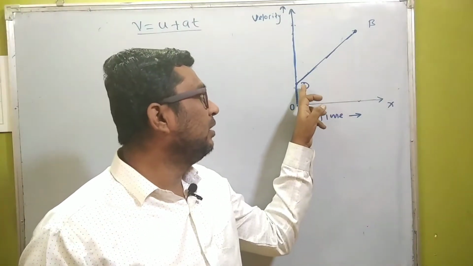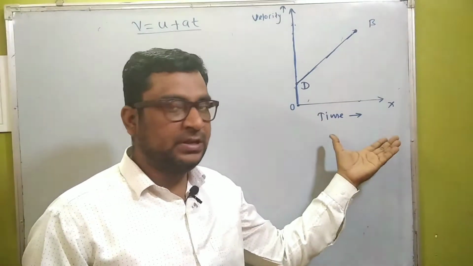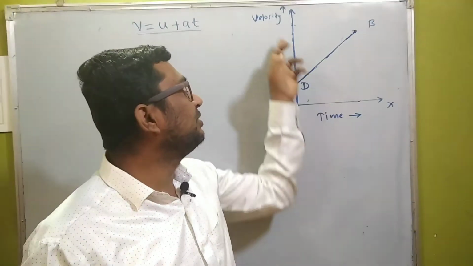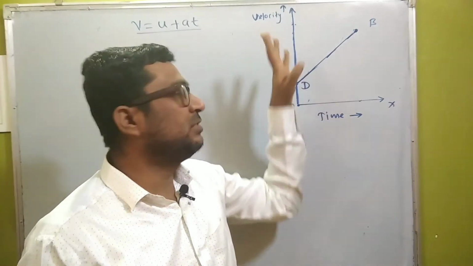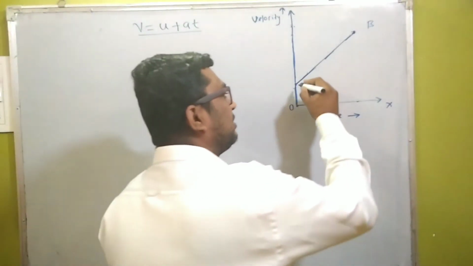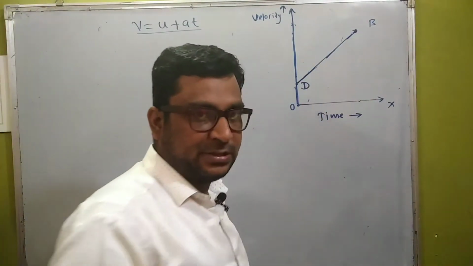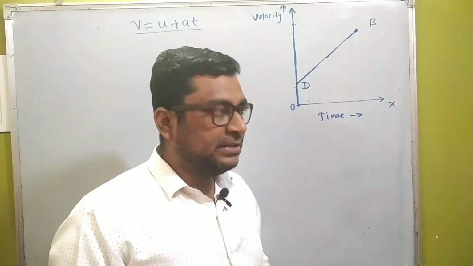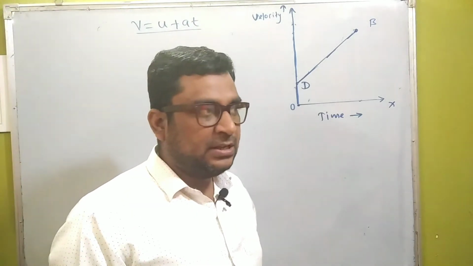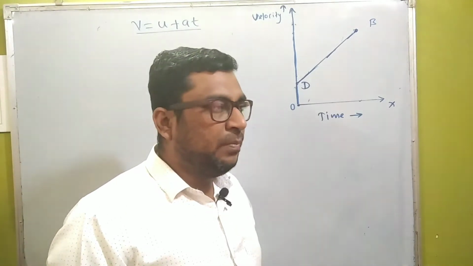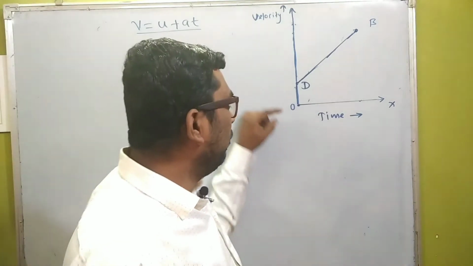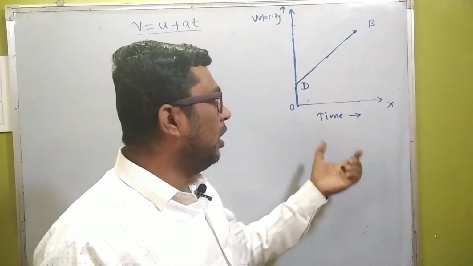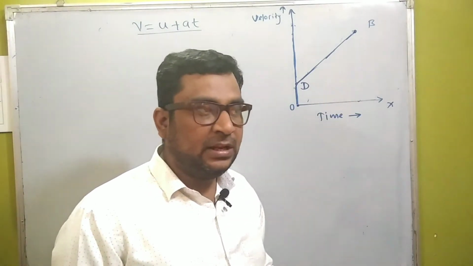That's why we make a graph, because it is a graphical method, of time versus velocity. Time is on the x-axis and velocity is on the y-axis, and the object travels in a straight line with uniform acceleration. Uniformly accelerated object travels in a straight line. This you have to remember. And second, the initial velocity, denoted by the letter u, should not be exactly equal to 0. That's why we take a point other than the origin.